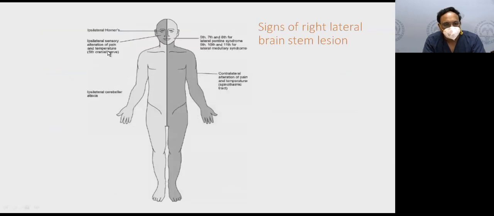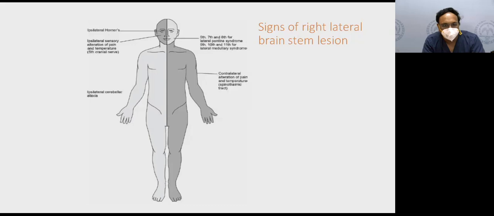So in this, you can know what is involved ipsilaterally. Ipsilaterally you have a cerebellar ataxia, and ipsilaterally you can see the involvement of the face, meaning involvement of pain and temperature in the face. And there is contralateral loss of pain and temperature in the upper limbs, lower limbs and trunk. This is because of ipsilateral involvement of the fifth nerve, ipsilateral involvement of the parasympathetic, and ipsilateral involvement of the spinocerebellar tract. So you have ipsilateral Horner's, ipsilateral loss of pain and temperature in the face,